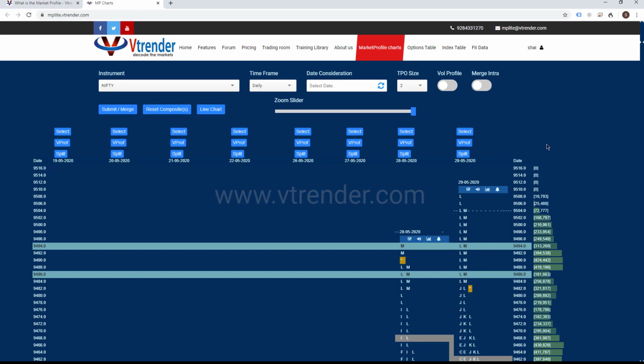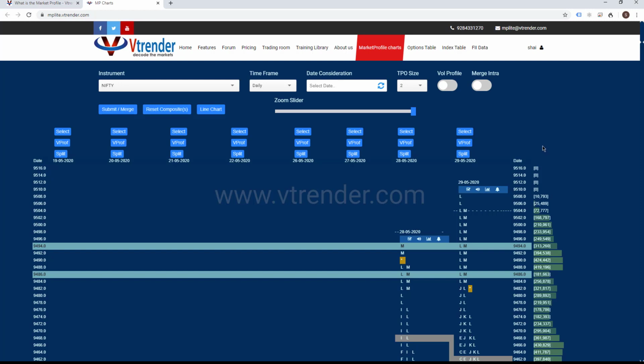So something like a Nifty future, which is trading around 10,000, the right TPO size would be 1. Something like a Reliance, which is trading around 1000, the right TPO size would be 0.1. Something like a Bank Nifty, the TPO size would be about 2, which is about 20,000. Something like a USD INR future, which is under 100, would be 0.01. So accordingly you decide. The formula is that if the instrument is around 10,000, the TPO size would be 1.